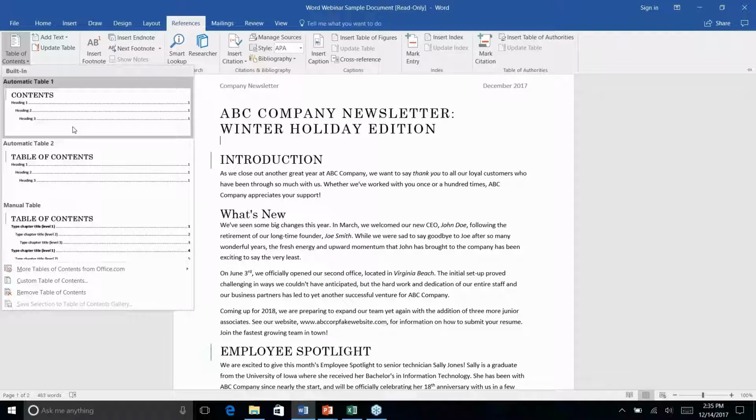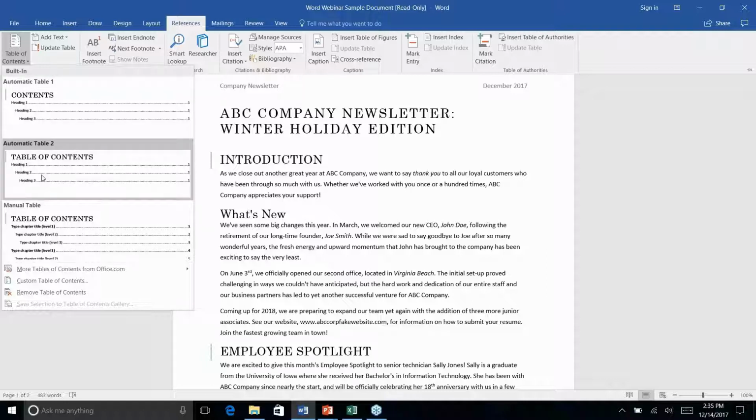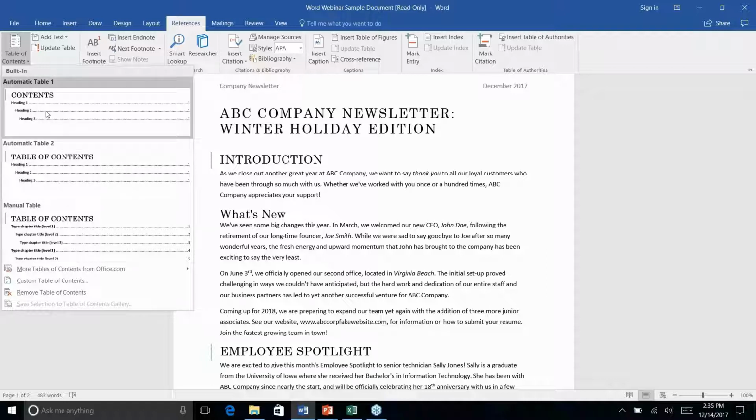But especially if you have a very large document, the more you can automate, the more time you save. If it's there and you're already using these header features, it just makes sense to use the automatic option. So I'm going to go ahead and use number 1. And you can see they're not really appreciably different. This one's called Contents, this one's called Table of Contents. Other than that, they pretty much look the same. So you can, of course, go in and